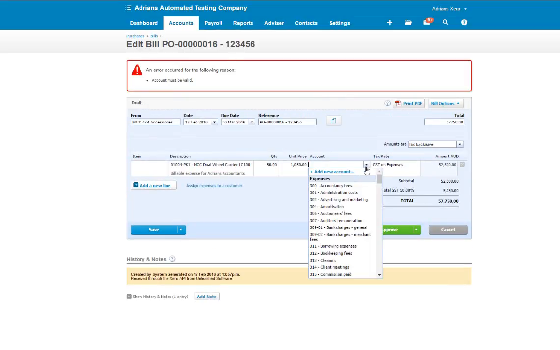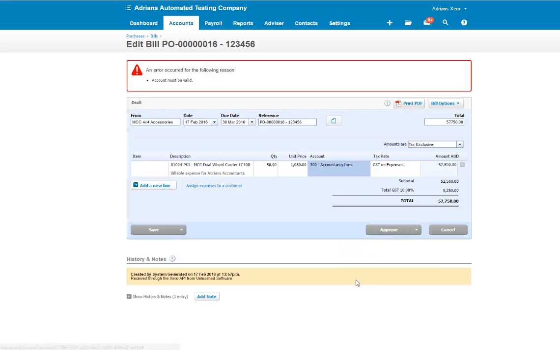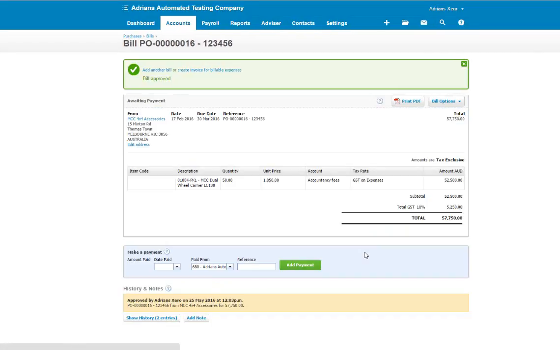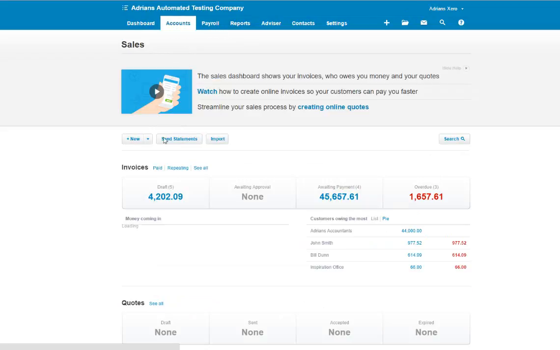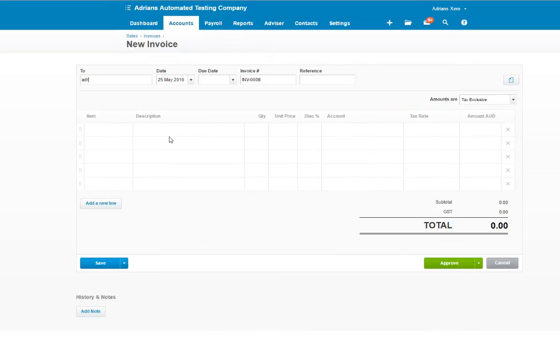Let me just get this to approve. It's a rather large expense to be on-costed, but it works for this example. If I was to then go back into my sales area and I go to open a new sales invoice for Adrian's accountants, I enter my Adrian's here,